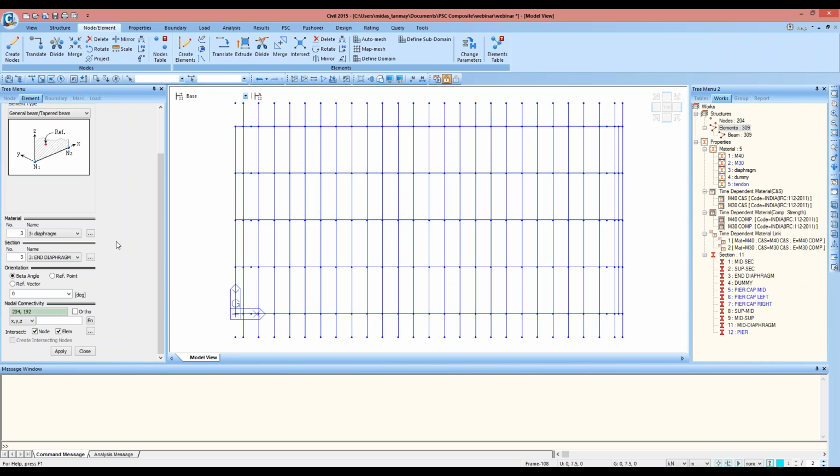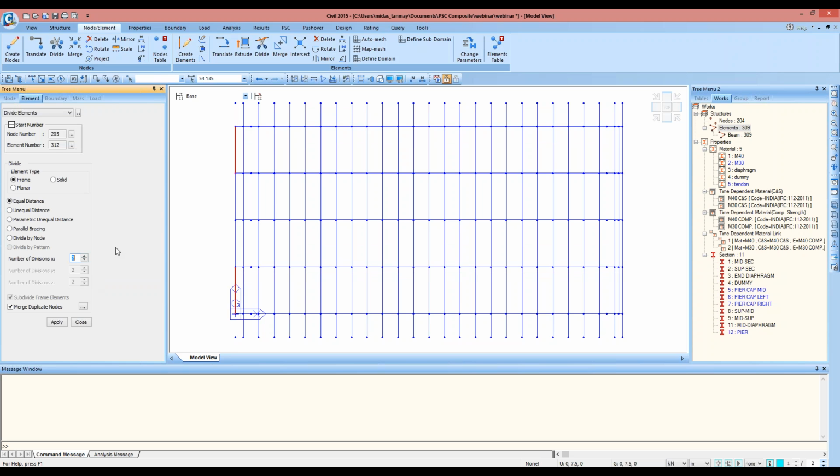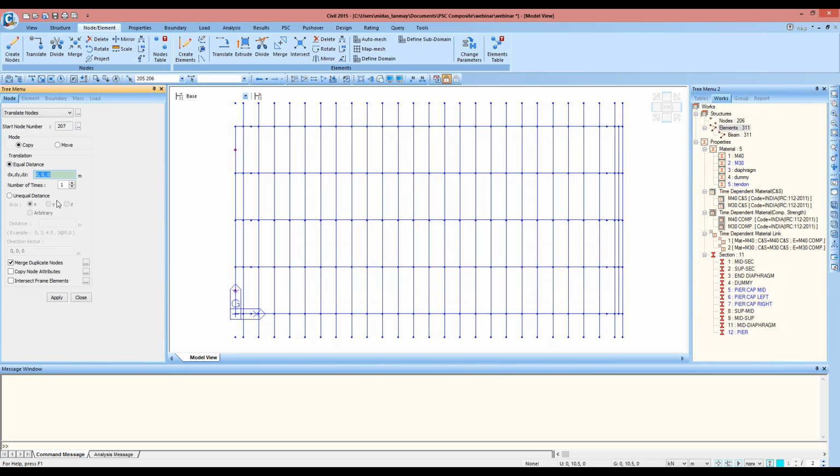So for doing that, first of all, I'll divide these two elements into equal parts so as to generate the bearings below these diaphragms that will act as our permanent supports. So these two nodes have been generated, and now I'll translate these two nodes in the z direction minus 2.25 minus 0.1,